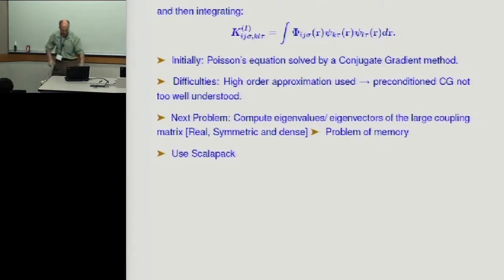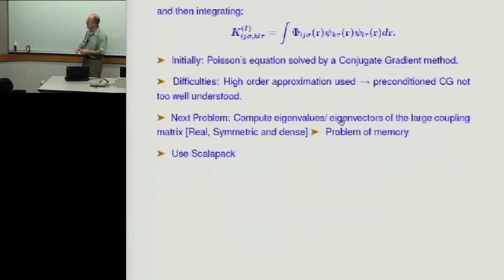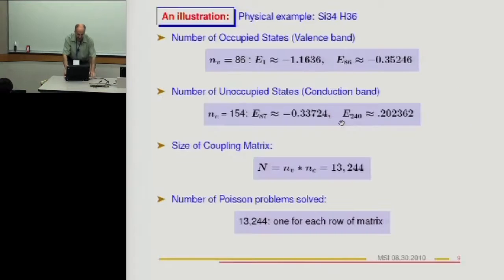By the way, you have to compute eigenvalues. After this matrix is computed, you need to compute eigenvalues of this large matrix, and this could be in the tens of thousands. For this, we just use ScaLAPACK, which was not in good shape in those days. And I'm hearing it's still not in good shape these days. I believe there is some work to be done there to look at a good version of ScaLAPACK that works well for large matrices.